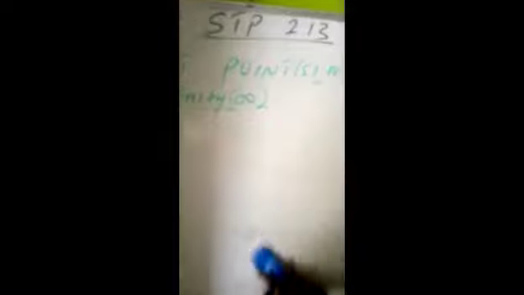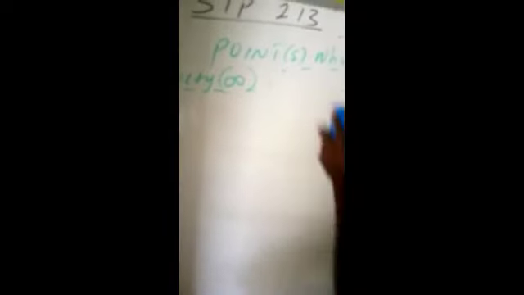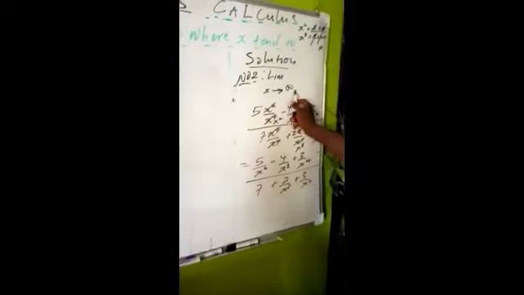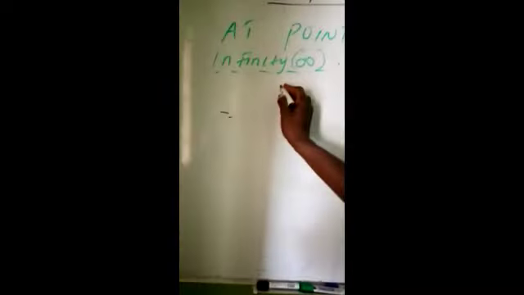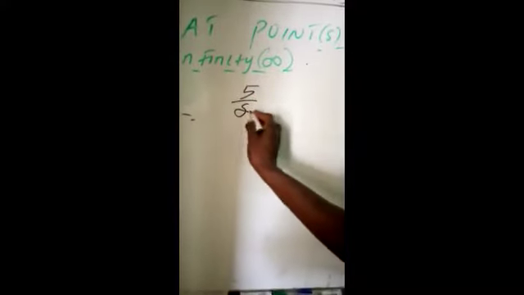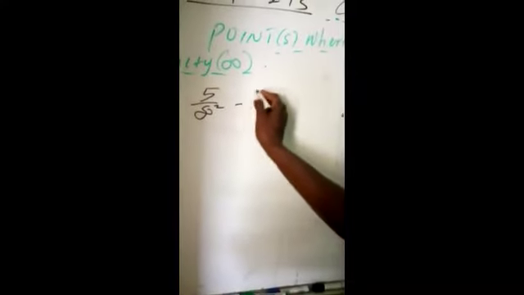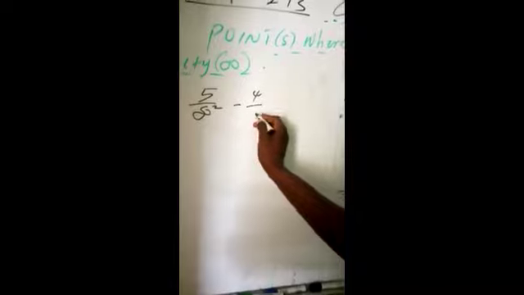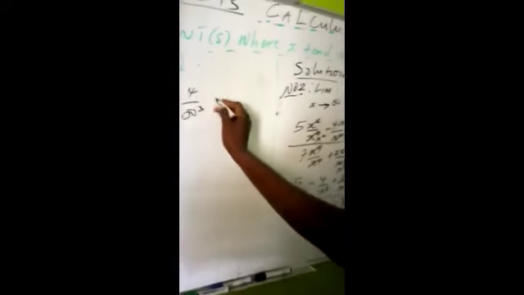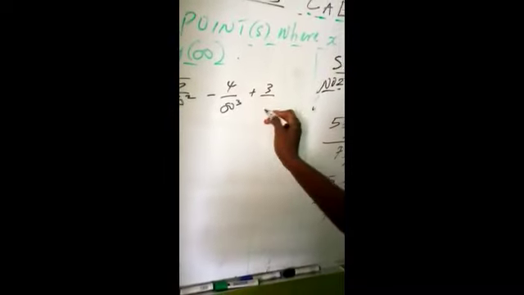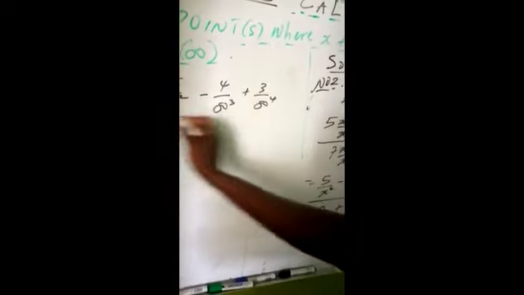Remember the rule that any number divided by infinity is bound down to 0. Let us substitute now, when s is equal to infinity, we have 5 all over infinity square, then minus 4 all over infinity cube, then plus 3 all over infinity 4